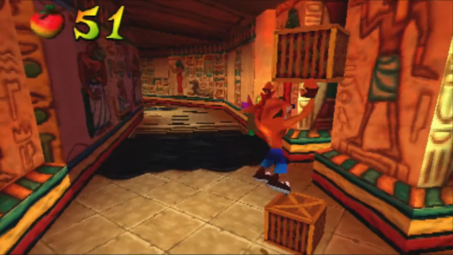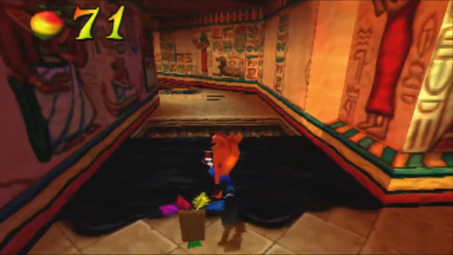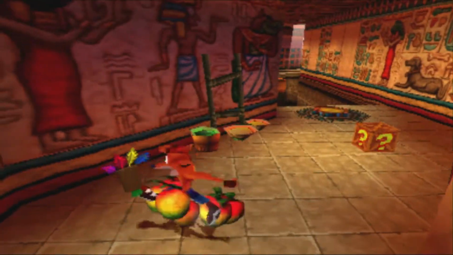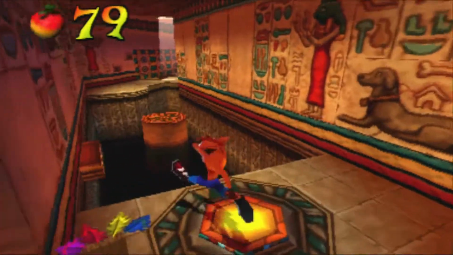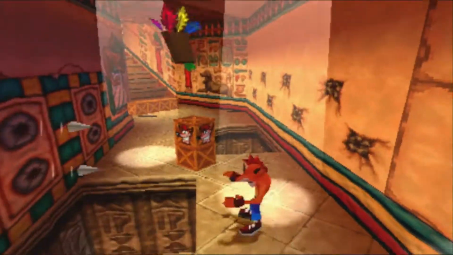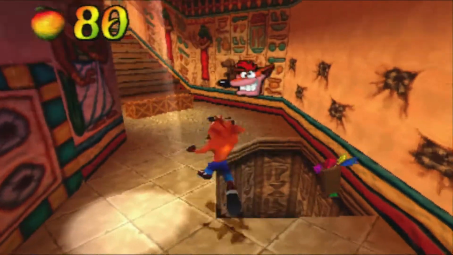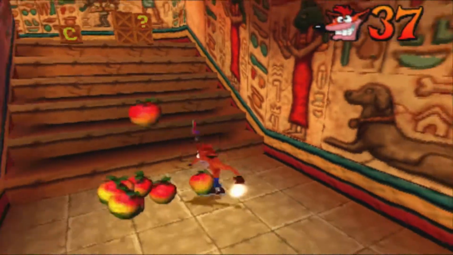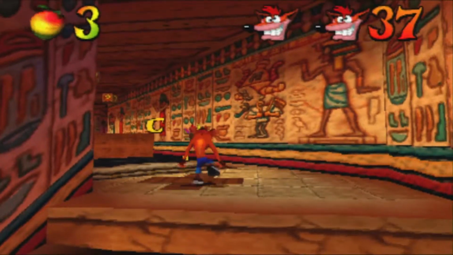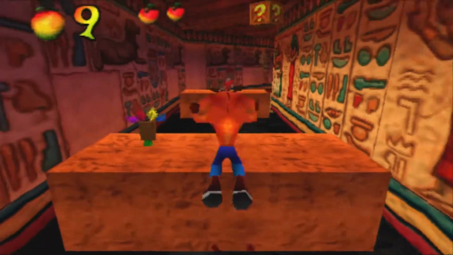In order to do the slide spin jump, you have to actually have decent rhythm with your button presses. And, you know, not just jump immediately at the beginning of the slide. Like so. So yeah, for these boxes, just gotta...